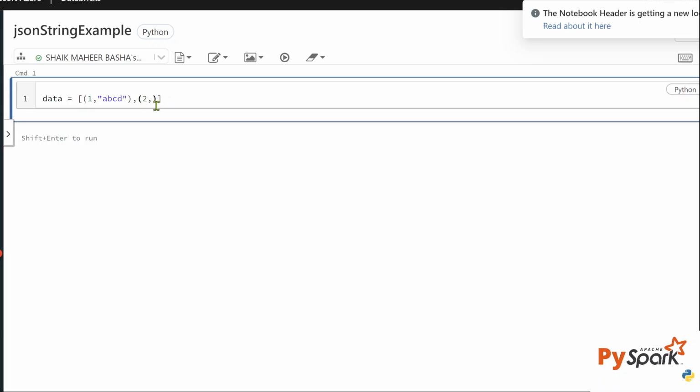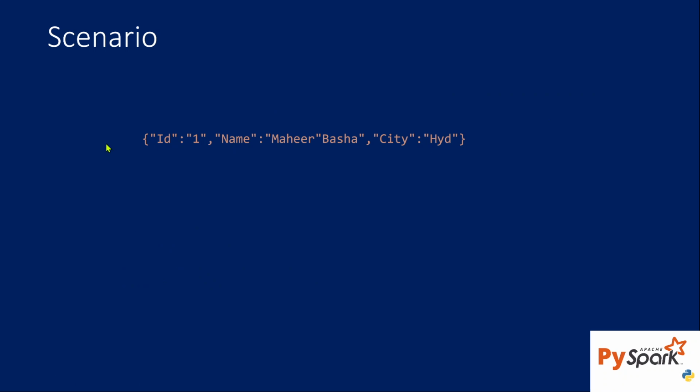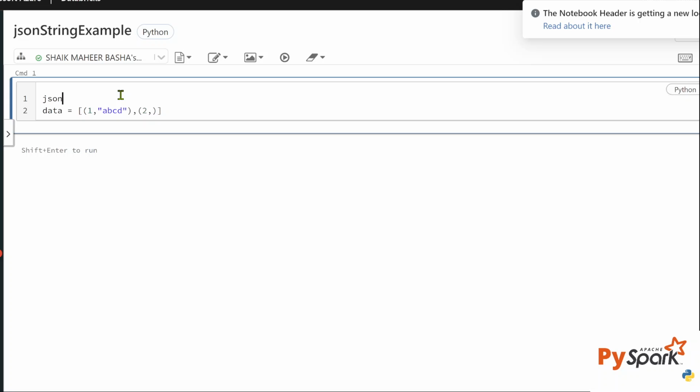In the second row I have the JSON string which I was trying to hold as a string, which I was trying to explain in this example. So let's try to use this JSON string as the value in the second row. For that, let me create a variable called JSON string